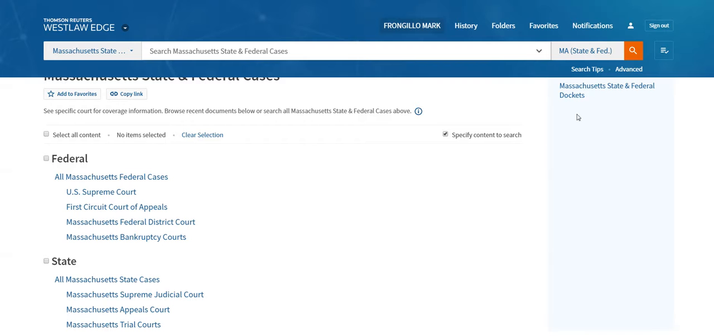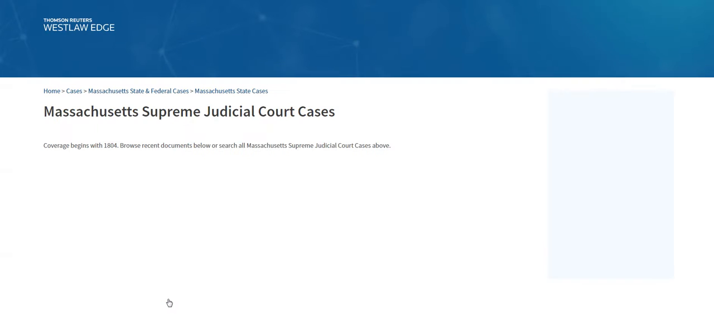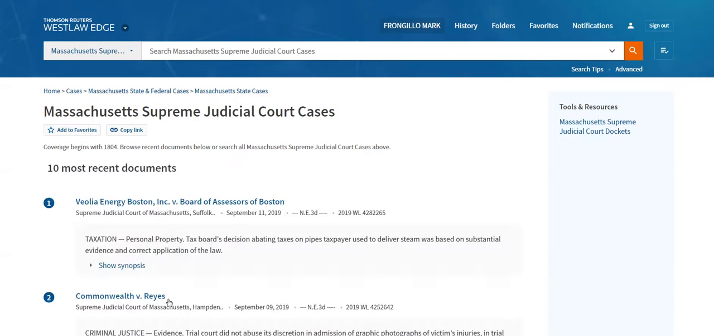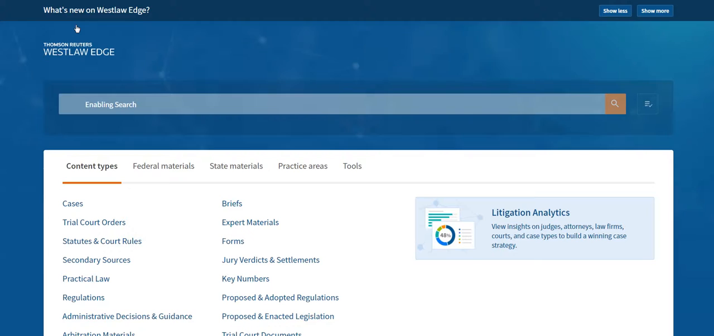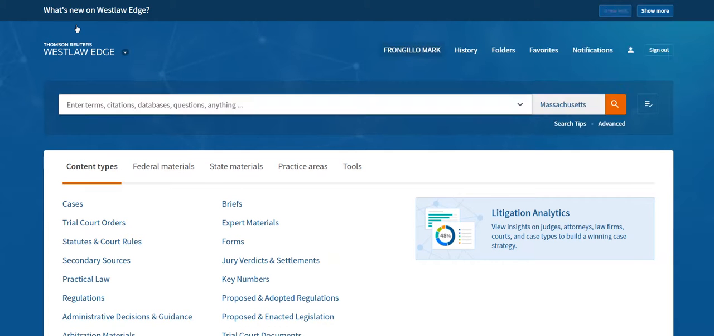I can narrow this even further. I only want to retrieve state cases from the highest authority in Massachusetts, the SJC. When I click on that link, now I run a search, it will only look for Supreme Judicial Court cases that satisfy my query. In addition to searching by keyword for cases, there are two other ways of retrieving cases,